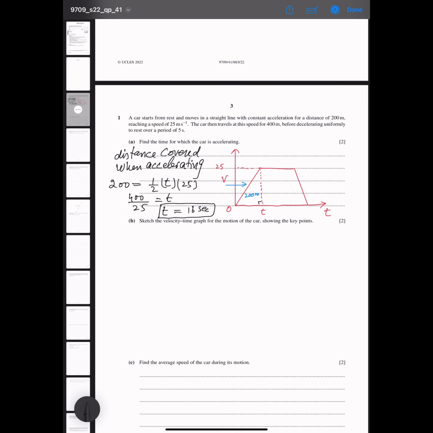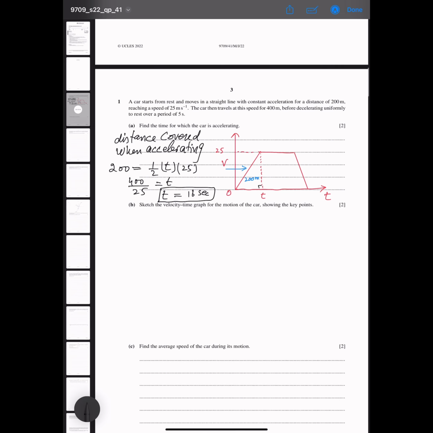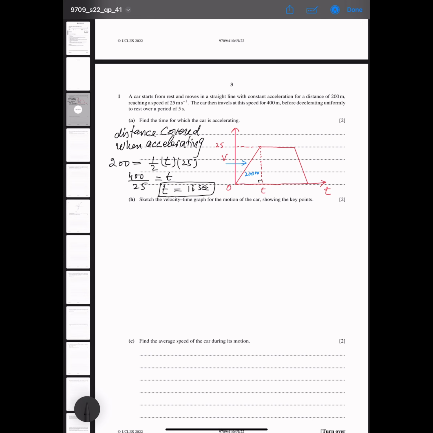Important features of the graph are called key points. हॉरिजॉन्टल एक्सिस पे और वर्टिकल एक्सिस पे रीडिंग को शो करना, इंपॉर्टेंट रीडिंग्स को शो करना, वो की पॉइंट्स होंगे इसके. इसलिए स्केच करते हैं वेलोसिटी टाइम ग्राफ अगेन. दिस इज द वेलोसिटी, वर्टिकल एक्सिस पे वेलोसिटी और हॉरिजॉन्टल एक्सिस पे हमारे पास टाइम होगा, टाइम इन सेकेंड, वेलोसिटी मीटर पर सेकेंड।